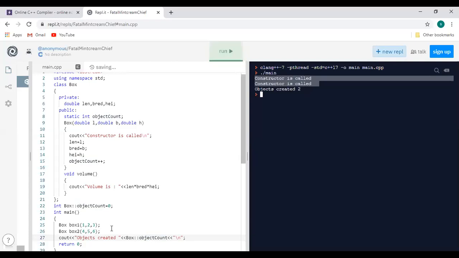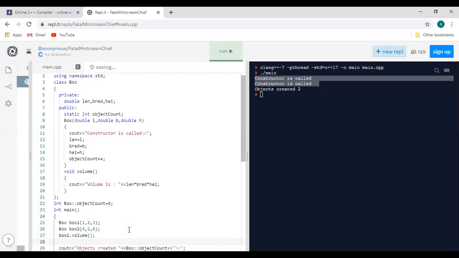Now suppose we have to display the volume. How are you going to call that particular method? It is a member function: name of the object, dot, volume, so box1.volume(). And with the help of the second Box object, box2.volume().